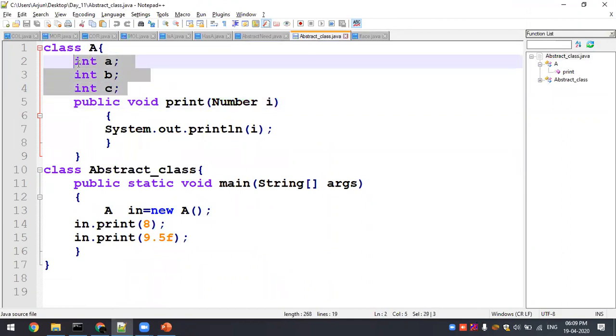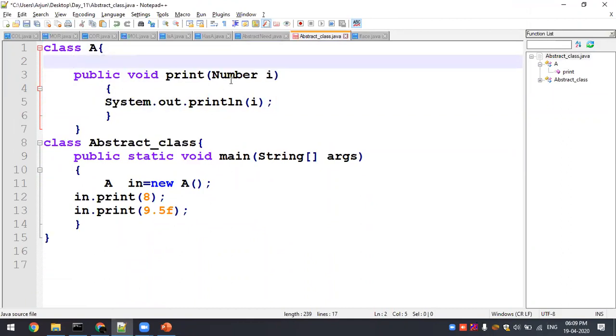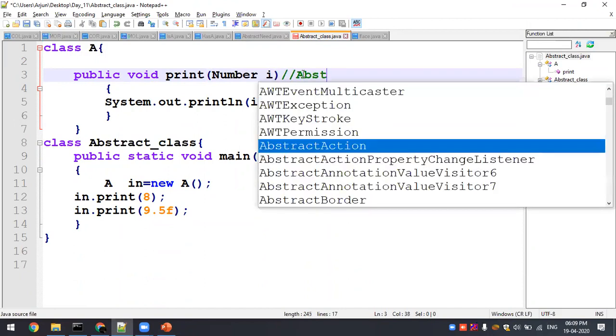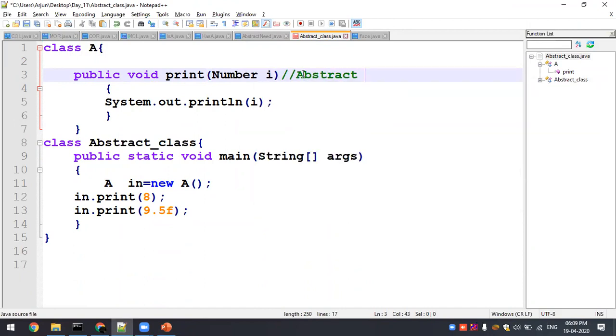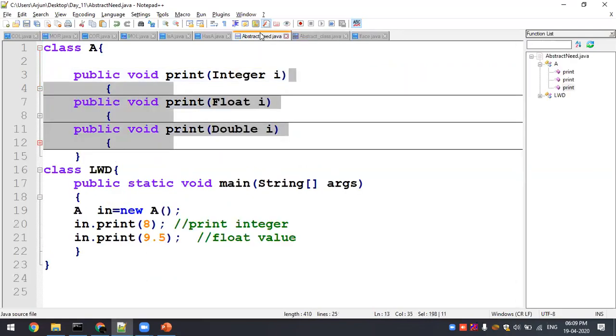a wrapper class called Number. Under Number you will have Integer, Float, Double, right? Yes or no? Long. So all the numbers come under the Number category, right? Here Number is nothing but an abstract class. Under this abstract class you will have definitions for Integer, Float, Double.